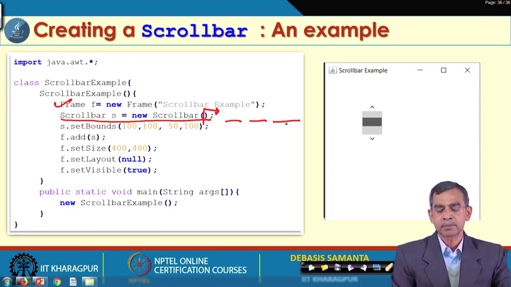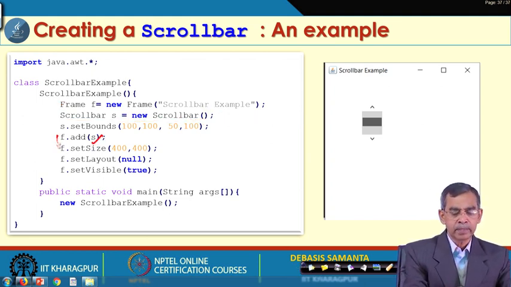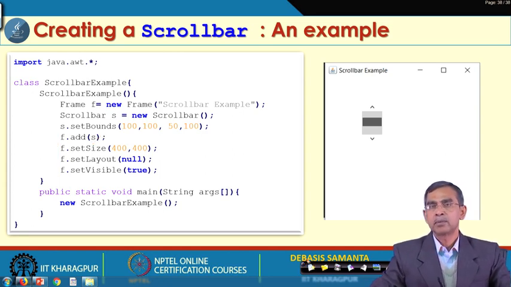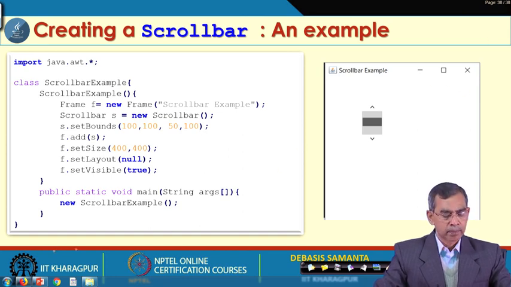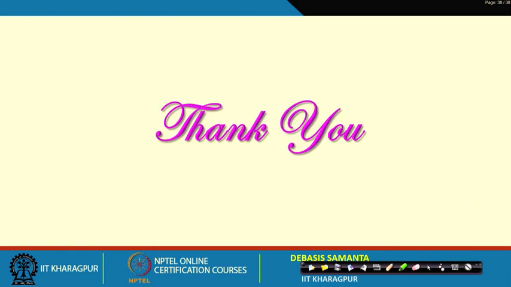There are 3 constructors we have shown. Using any one constructor, the scroll bar can be instantiated in a different way, and then this scroll bar can be added into the frame, the frame can be resized, and displayed. This is basically a simple AWT program that uses the scroll bar. So, this is the scroll bar that we have discussed, and a few elements that we have discussed. There are many more elements that we are yet to cover. So, in our next module we will discuss many other components that are very much essential for our AWT programming. Thank you.